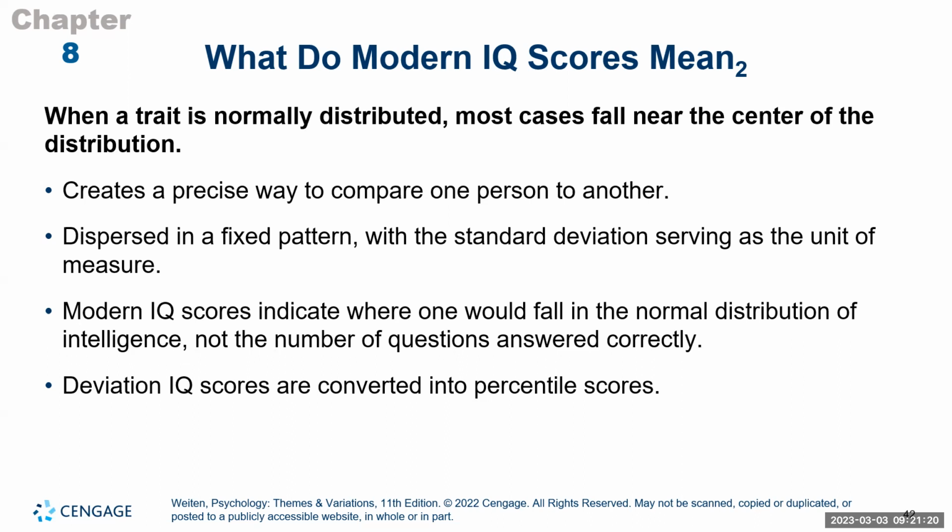But again, the biggest point to take away from this is, when you have IQ scores, you want to normalize them so that you can compare yourself to people in the population, right? That's why when people are tested, we're able to see them on that normal distribution. And if somebody has a 70, we know that they are below average. If someone has a 120, we know that they are above average, okay, based on just that normal distribution. And again, when we're looking at students, we're able to compare students based on their IQ scores because it is on a normal distribution. It's on a standard scale, okay?